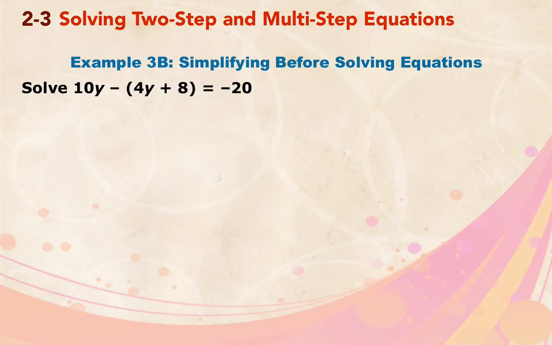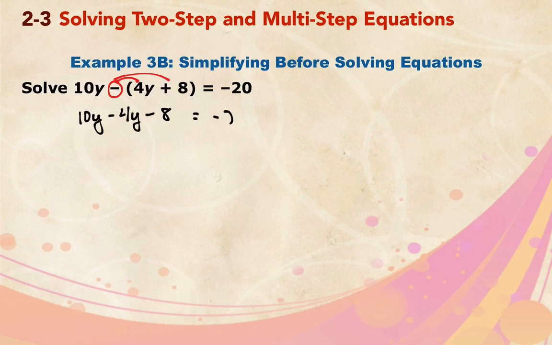Next example. Now before we can start moving things from side to side, we have to take care of something. We have to distribute this negative sign. So let's do that. Take it to both of these here. So I'm going to have 10y minus 4y minus 32, minus 8